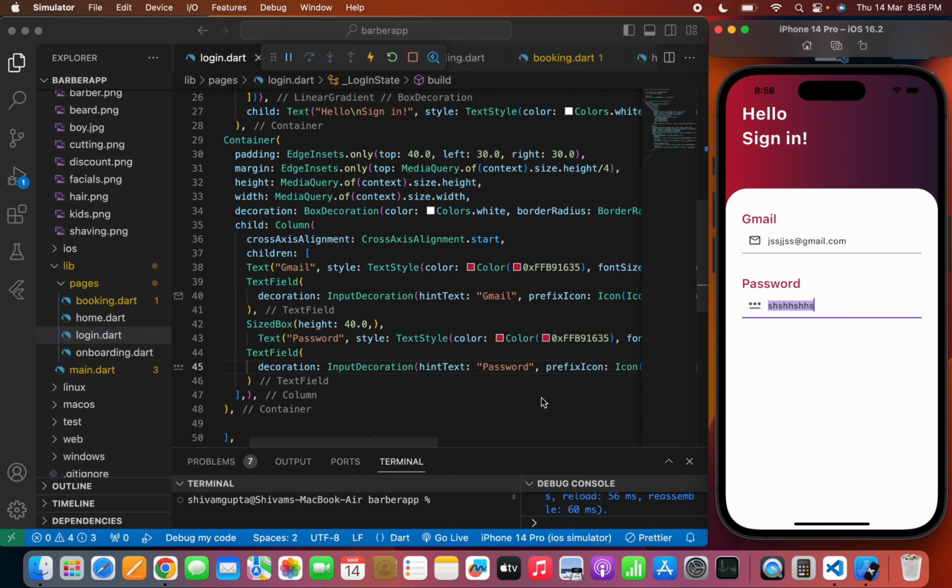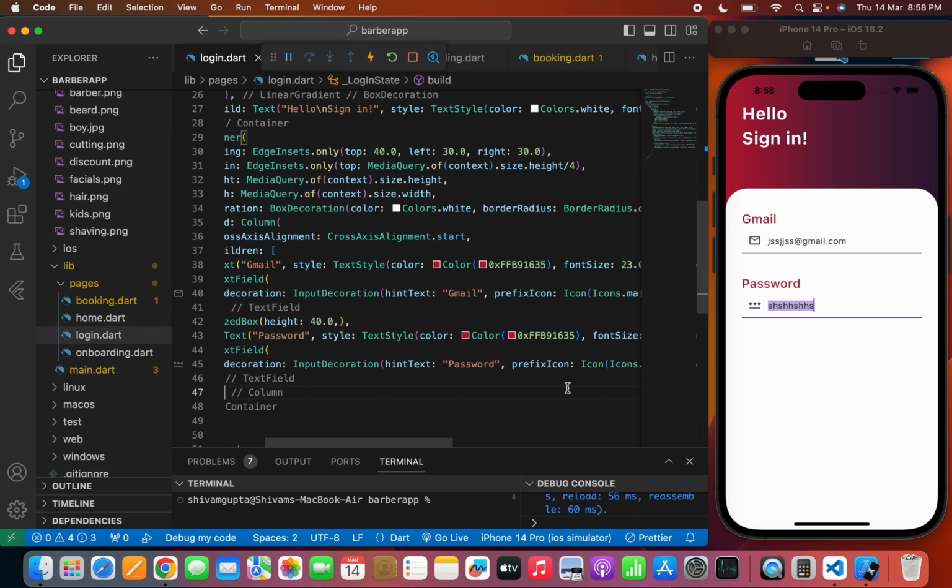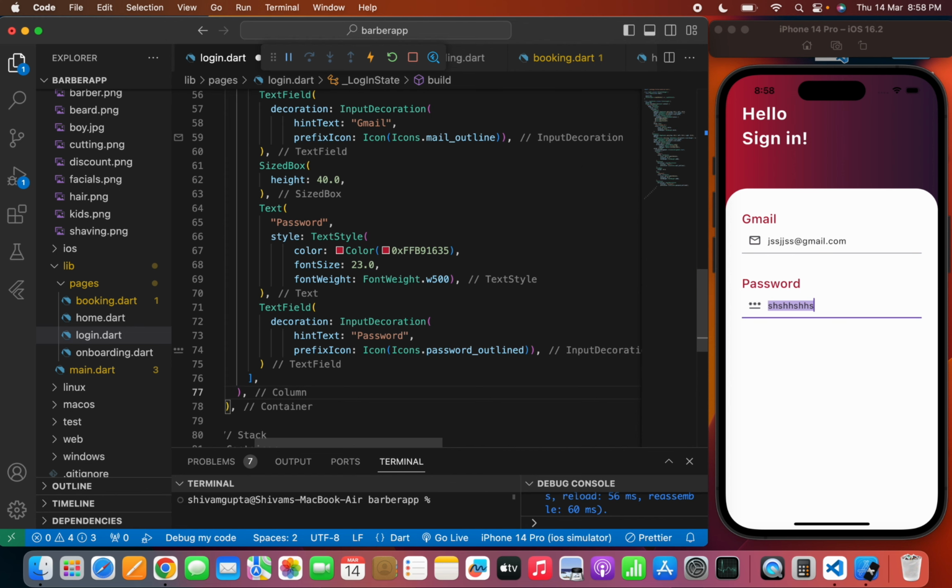Now if you have already seen my other apps videos where we have used user authentication, then you already know that to use obscure text true, and by using this you can change the text form into the dotted form. So if you haven't watched my other series like chat app, food delivery app, to do app,